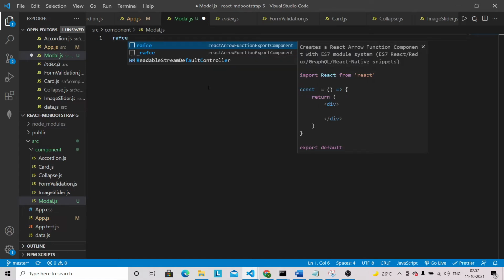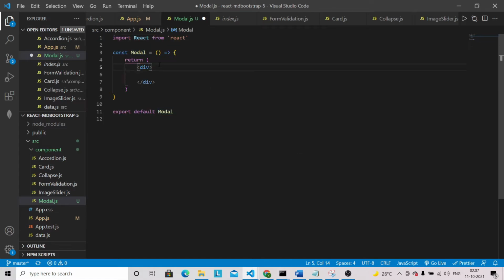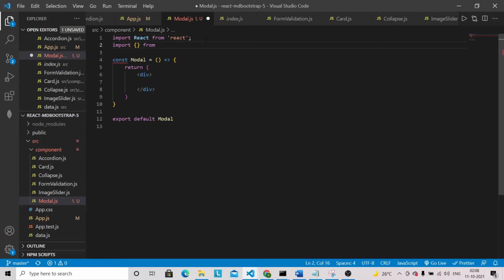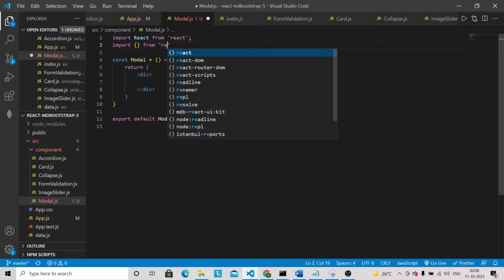RFCE. So I have generated this snippet, and let's also bring the components from MDB React UI Kit.